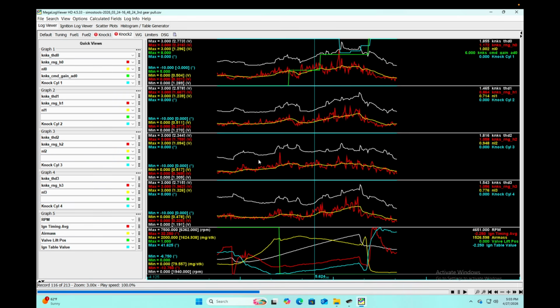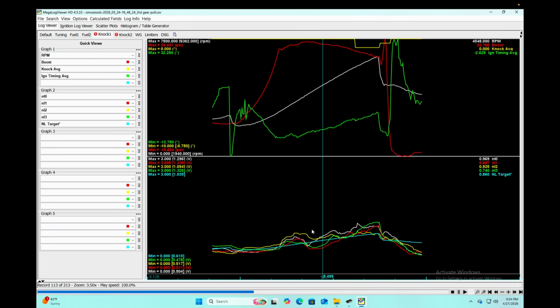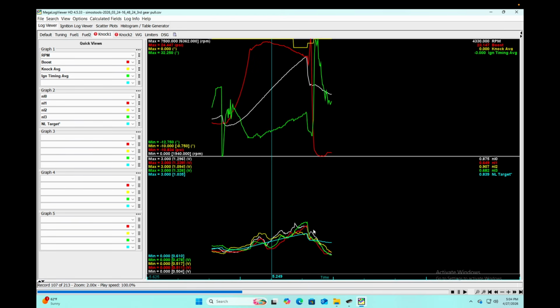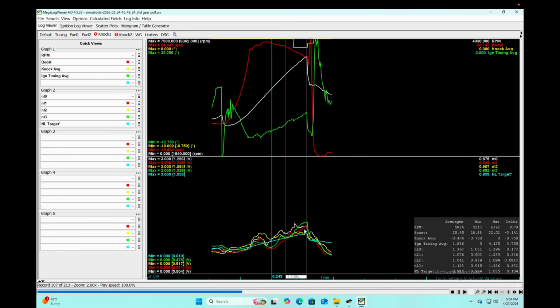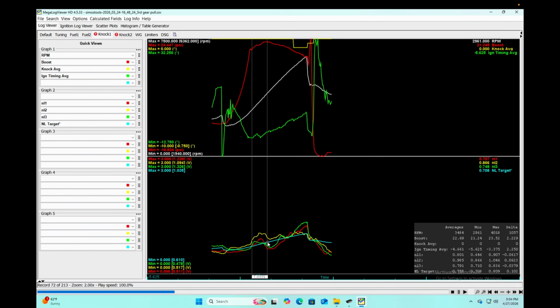All right, so just for the heck of it, let's take a look at the other 4 knock sensors. We're gonna go ahead and look at all of the noise levels at once. So we can see here that, actually, I'm gonna go ahead and hide cylinder 1 since we've already messed with that one. So we can see here that cylinder 3, because it's NL2, is pretty high in the 3,000 to 4,000 range. So I'm going to go to the gain tables